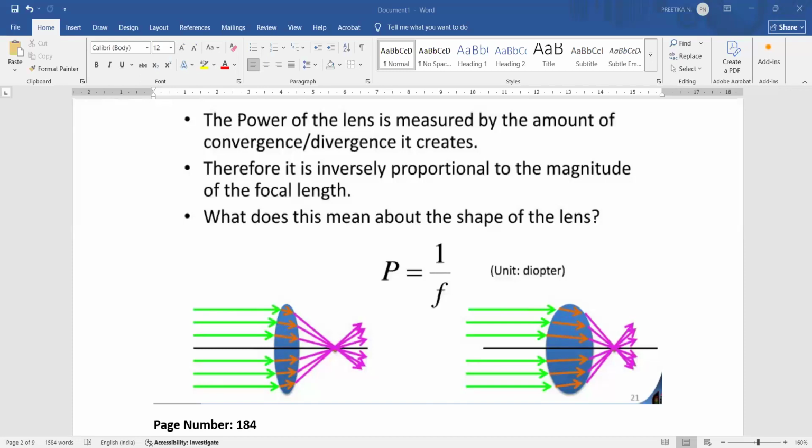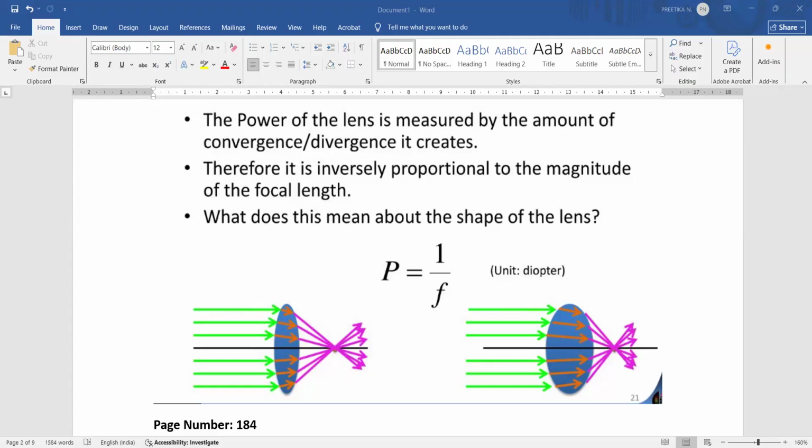Ma'am, focal length. But then why are you not saying it? You want me to address you personally, only then you speak up? I'm generally asking. Please speak up when you know the answer. So basically the difference is the focal length. The focus in the first case is a bit farther, and in the second case, the focus is a bit closer to the lens. So logically, this is from where we get the concept of the power of the lens.